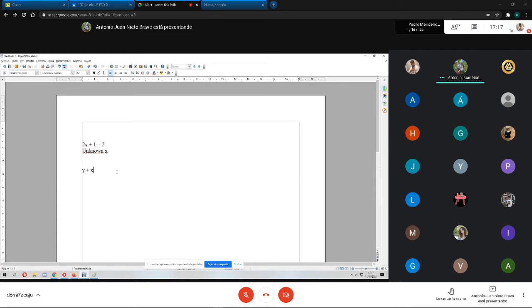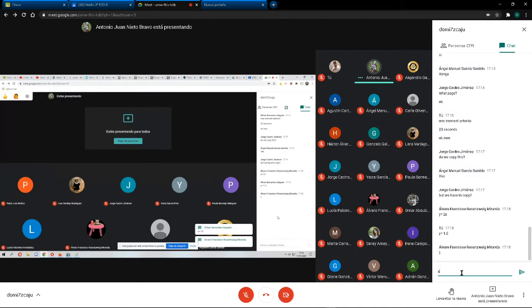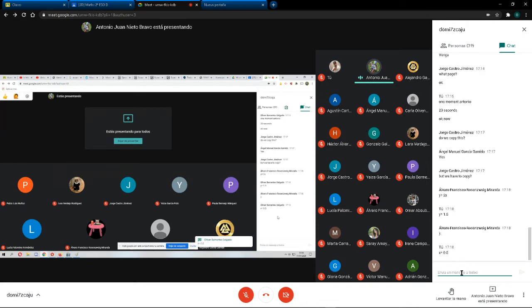No, that's not a solution, Alvaro. Thank you for trying. Y equals 2x is another equation with two unknowns. Oliver, thank you for trying. What Oliver is writing there, do you see it? Y equals 1.5